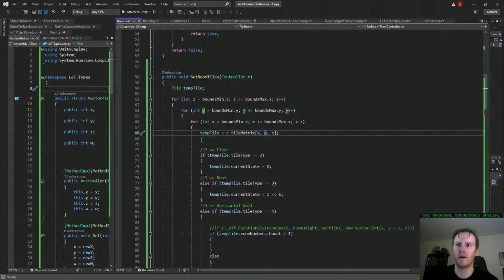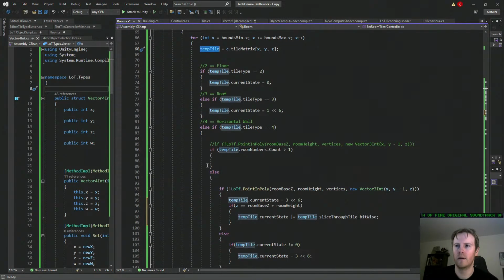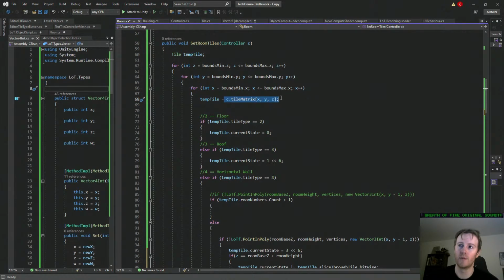So we'll have to make another temp tile, or we will just have to simply call it like that with the minus. I don't know if it's worth